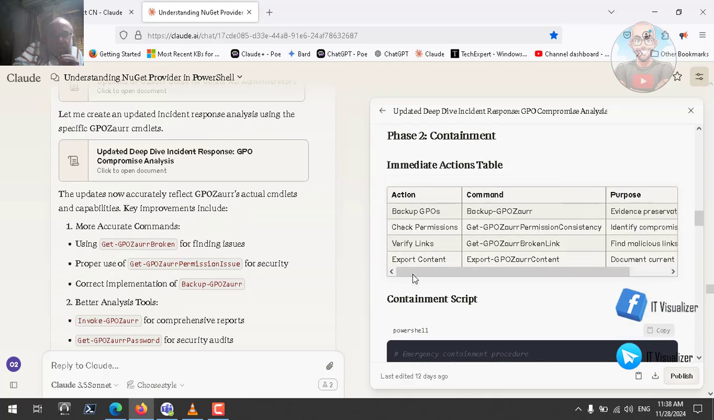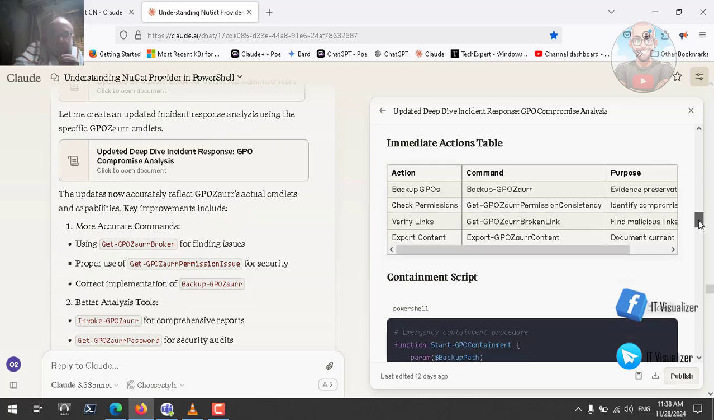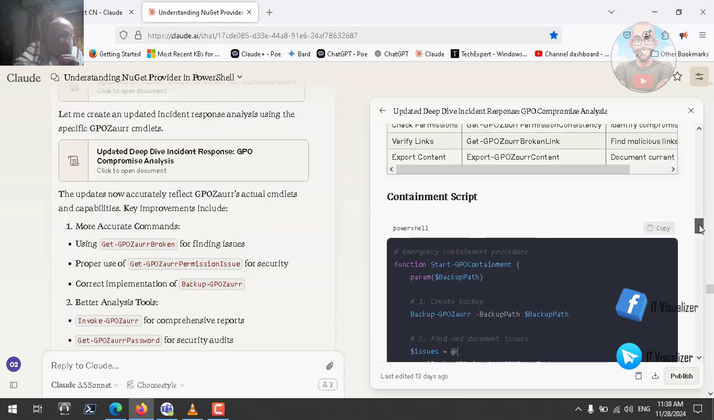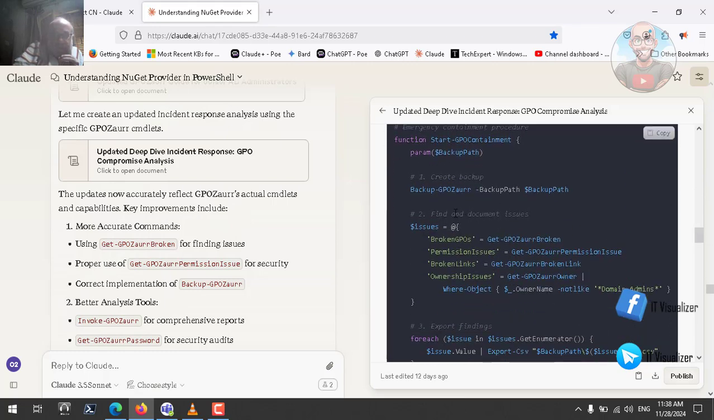This is get the broken links, export content. So he's backing up the group policies and then exporting the configuration, and then I think he will begin fixing the issue. Now he first backs up the group policies, then he finds and documents. So this is still in the phase of documentation. This is containment. He didn't solve anything. He is just backing up the group policies. Then he is getting